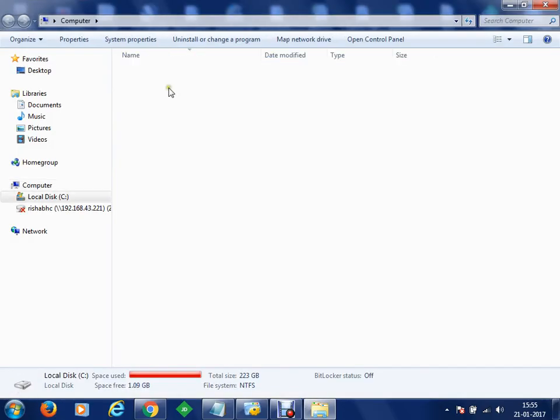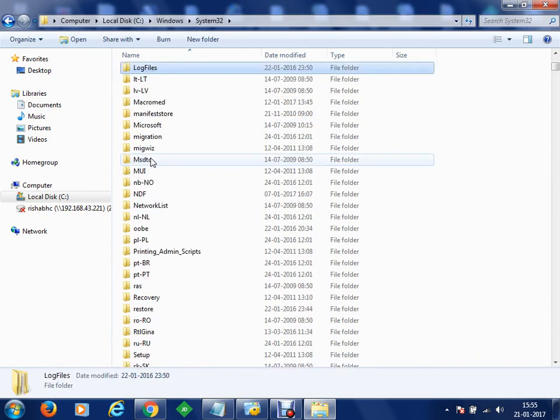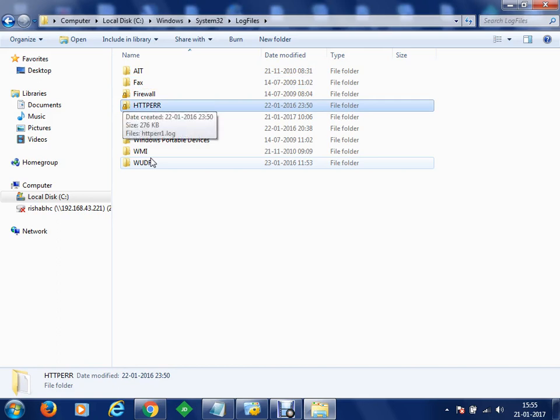Okay, so you can go to C drive, Windows, System32, and within this System32 we have the log files. We'll open the log files, and here you can see that you have log files for, let's say, your firewall and your HTTP errors, in case you are a web server and some errors are encountered, so they will be logged here. So that day I told you, you can create your machine as a web server and put it on the internet. In case somebody is trying to access your machine and is experiencing some errors or is trying to hack your machine, you'll get all the logs here.